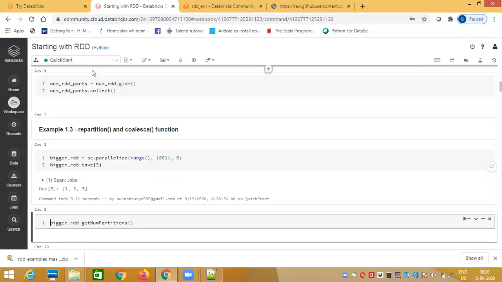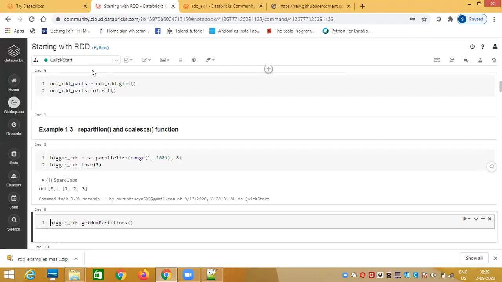Now Pratyusha, how many elements will be there in each partition? We have discussed that it is not fixed. But in an RDD, Spark tries to distribute the records equally, or at least try to create balanced partitions. It never happens that you read data as 100 partitions and some partitions have 2x or 3x more records than others. Spark always tries to balance the number of records across each partition.